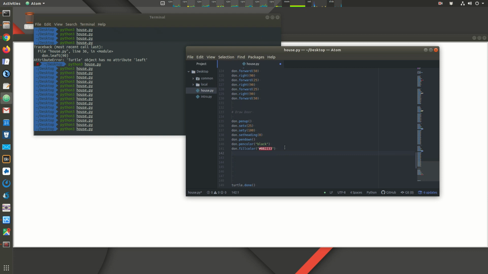Alright, so we have set x to -30, set y to -100, set the heading to 90, which is going to be pointing straight up, and we put the pin down, and we're going to say don.forward 100, don.right 90, don.forward 60, don.right 90,